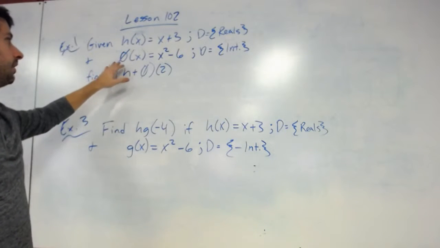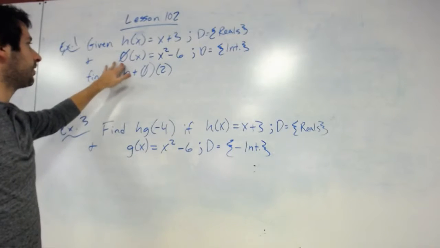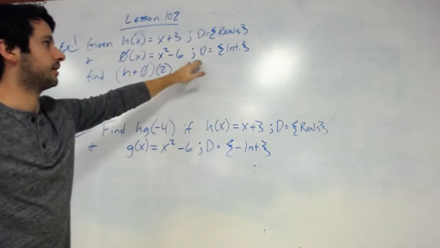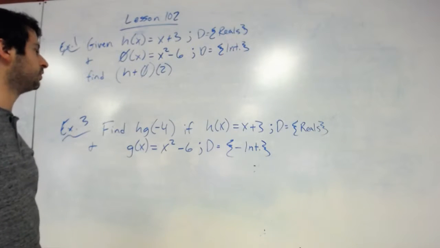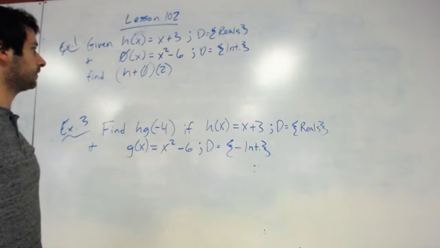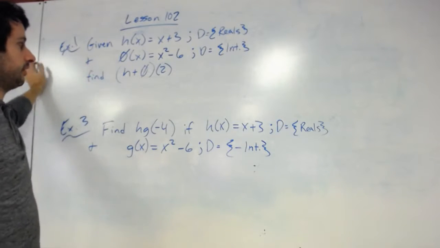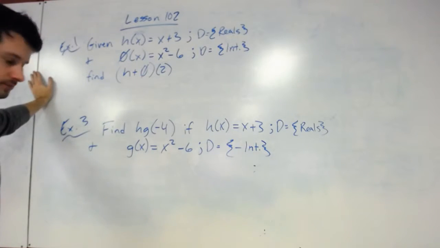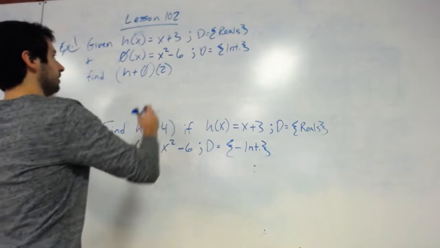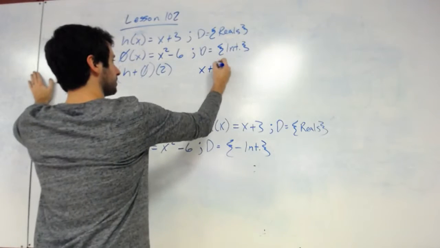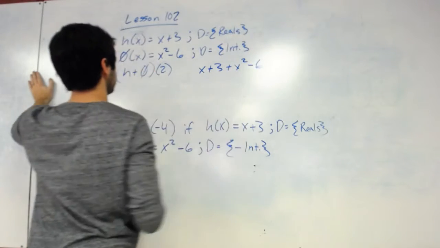And then I'm just going to call this theta. It's not technically a theta sign, but I'm just going to call it theta. Theta of x equals x squared minus 6, and the domain is integers. So what we are going to do, it says find h plus theta if x is 2. There's two different ways you can do this. You can do x plus 3 plus x squared minus 6,